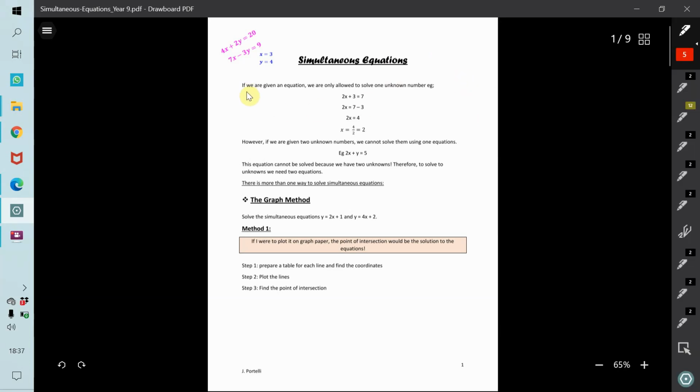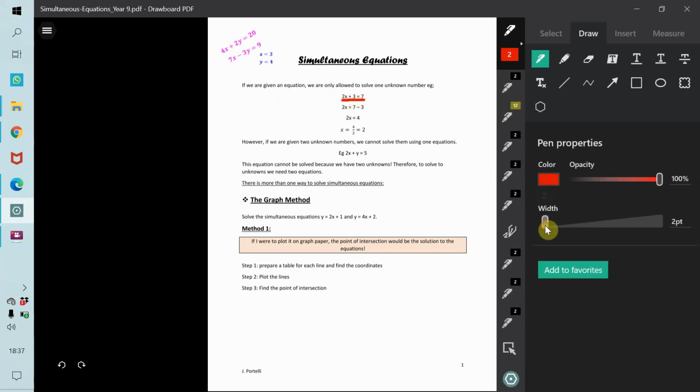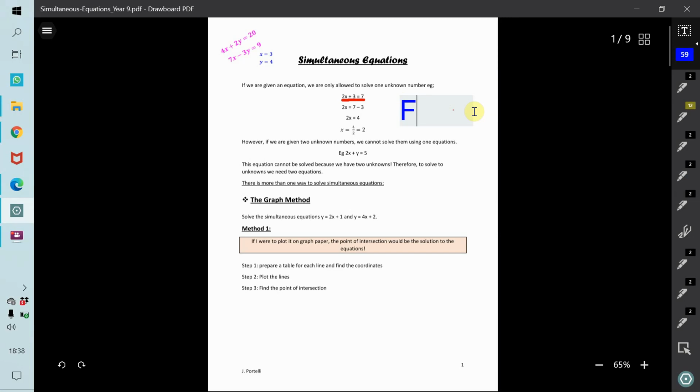So over here what we have is we are given an equation. I know it's an equation because there is the equal symbol, there is an unknown, and in this particular example, we will be asked to find,